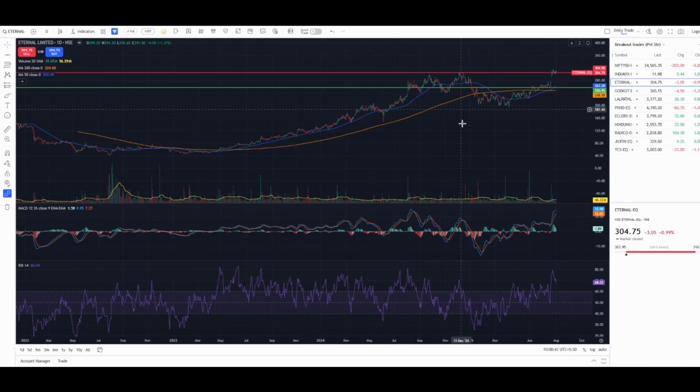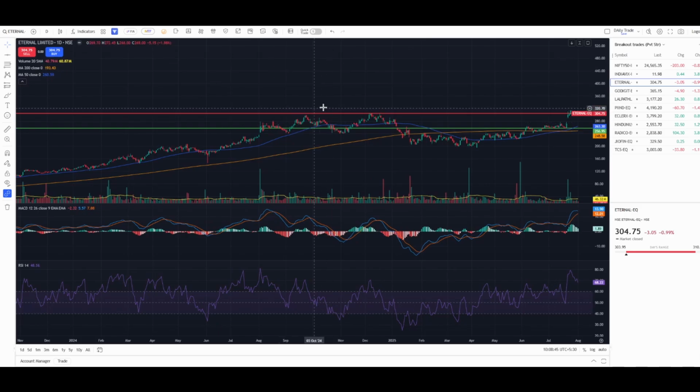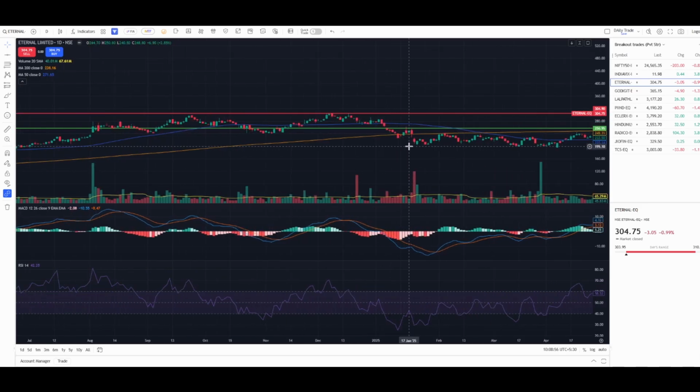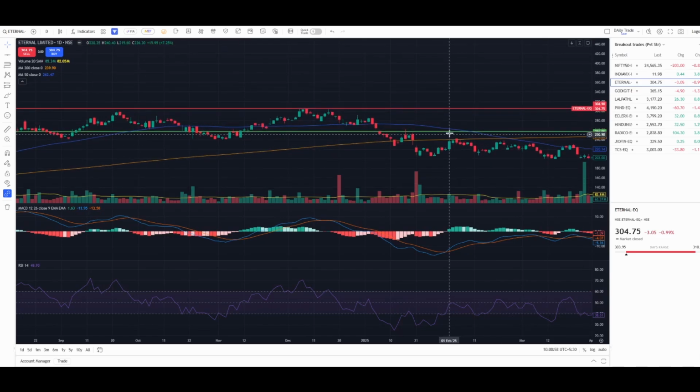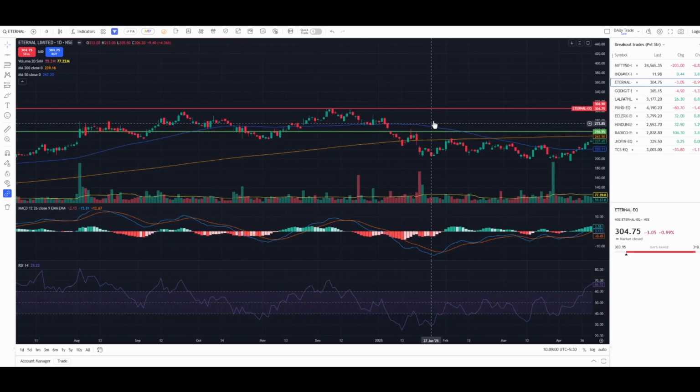This was the distribution phase. See, ups and downs. It was not crossing this, not even crossing this, right? Then one day, what happened is,